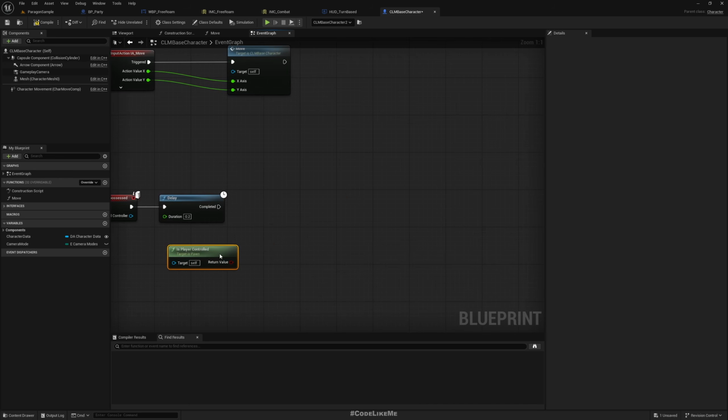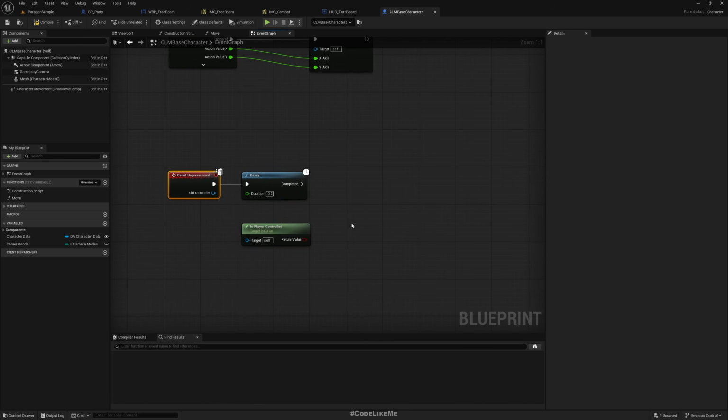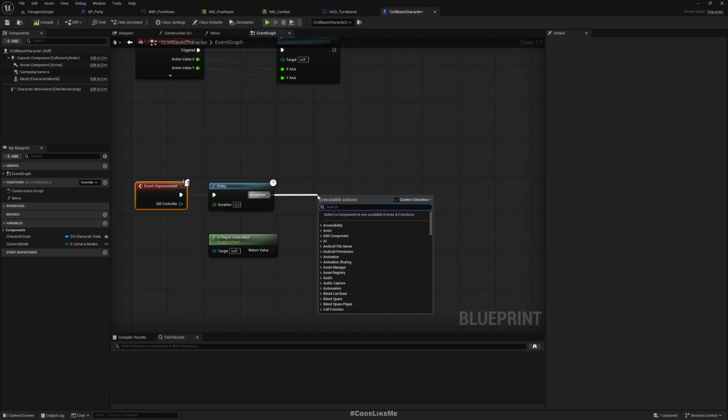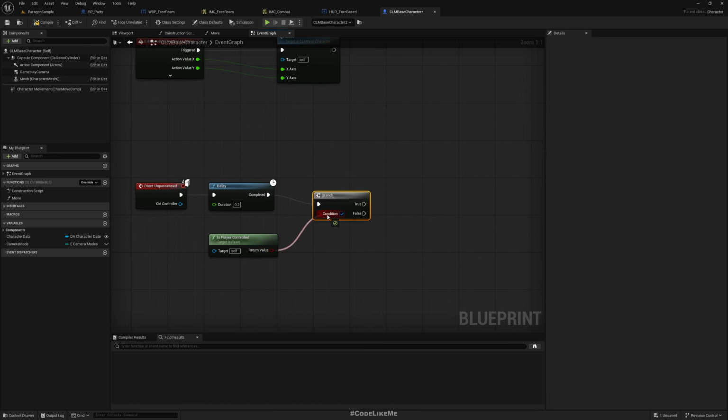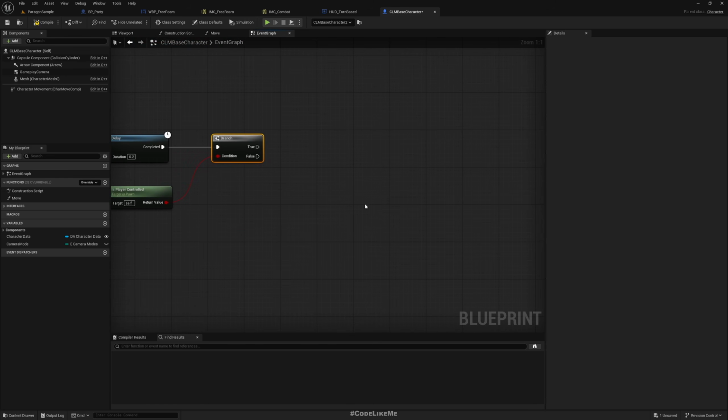Let's check if the pawn is player controlled, because if this unpossessed is called when I repossess this pawn, previously it was controlled by AI, now it is controlled by the player. So in that case, we don't need to do anything. But if this is unpossessed by the player controller, then we need to respawn the AI controller for this character. So here, if this is true, we don't need to do anything. But if it is false, let's